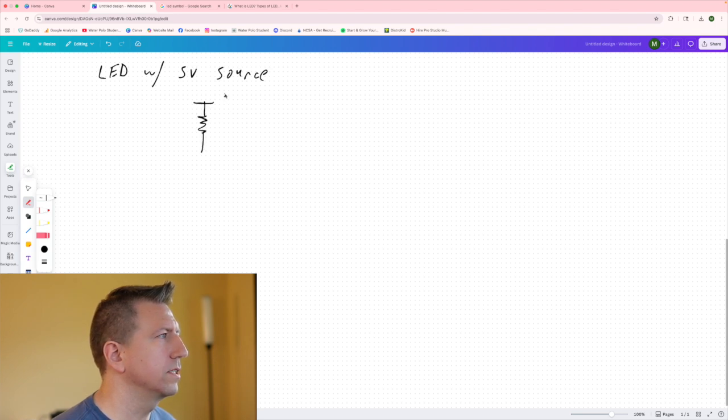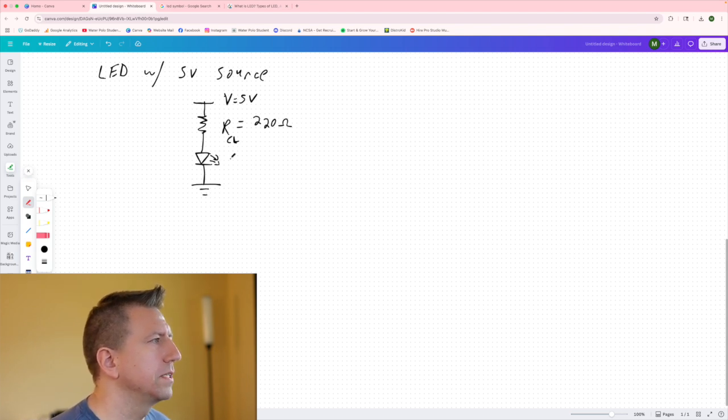We have our source, and then we have a resistor, and I'm going to set the resistor value. I'm going to call this RCL for current limiting, and that resistance value I'm going to call 220 ohms. And then we have our LED, and then we have our ground. Okay. And we know that the threshold voltage here is a certain value, and let's just set it at 1.5